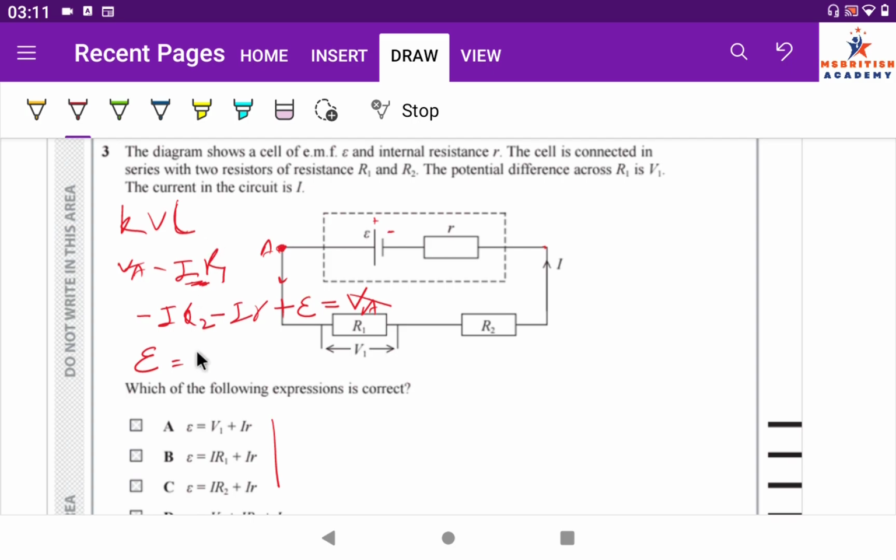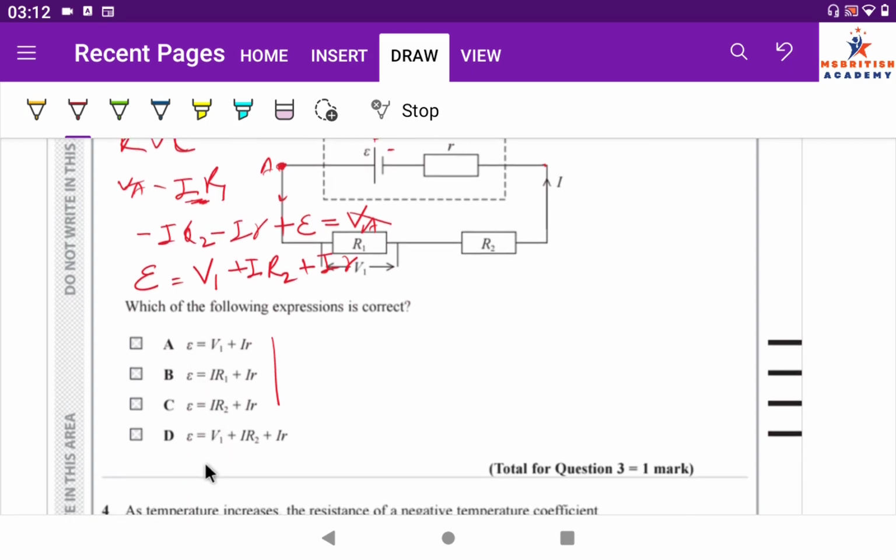Now this and this get cancelled, so from here epsilon is equal to, and you can write this one as V1, so this is going to be V1 plus I R2 plus I R. So from here you can write the correct answer as D, because epsilon is equal to V1 plus I R2 plus I small r. Okay,